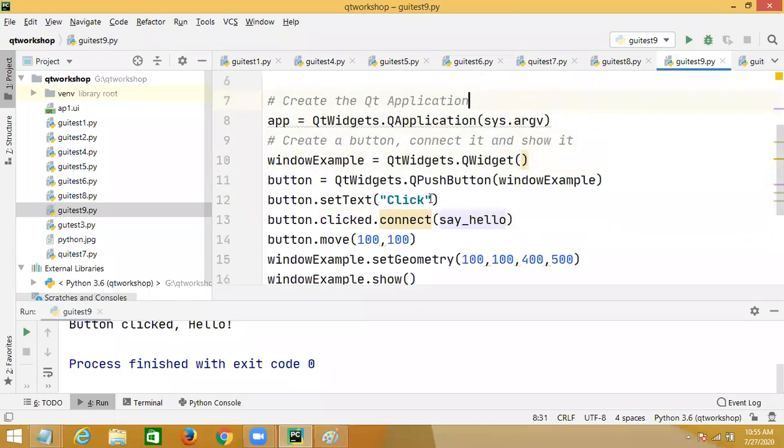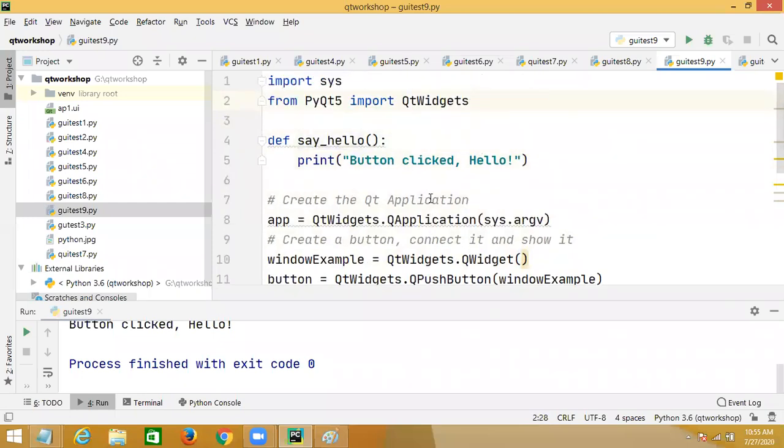Okay, fine. Anyway, if possible, in the coming days, I'll try to conduct another workshop on Qt Designer, because these two days are not enough.